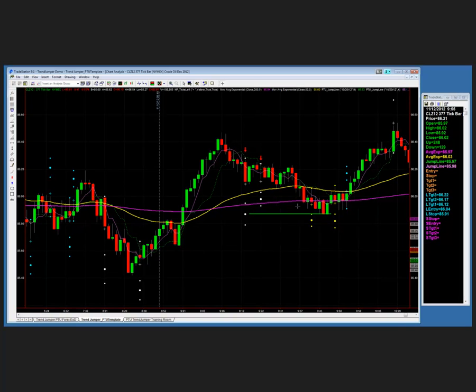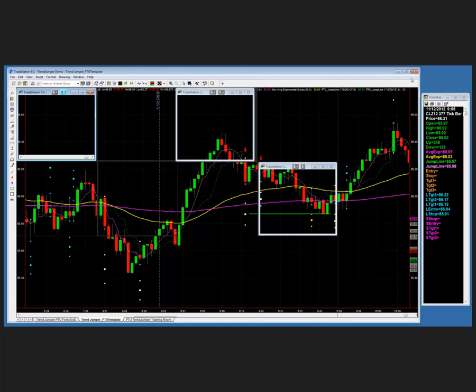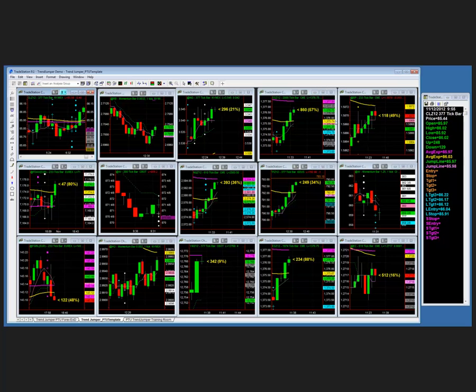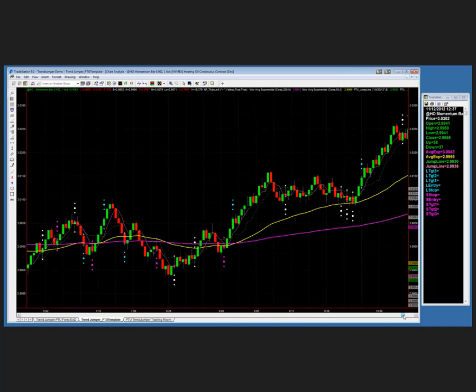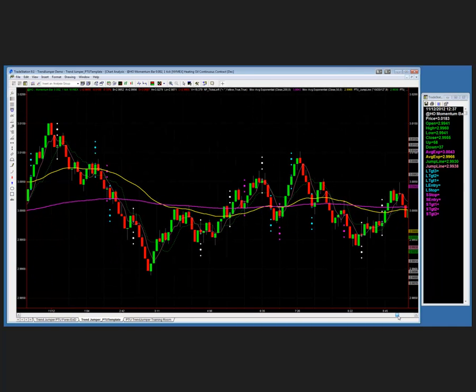And if I show you any other market, it's always going to be identical. So let's look at the exact same everything, only we'll just change the symbol. Let's look at heating oil. Heating oil is one of my favorite day trade markets. One and done, that's typically my approach.